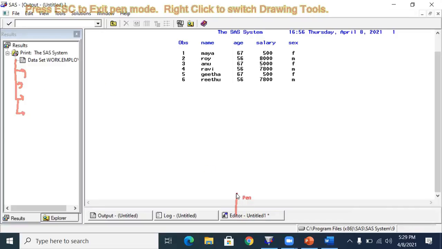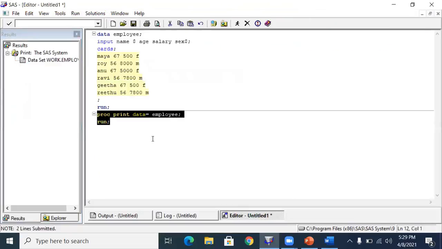Okay. So the editor window is mainly for typing, editing, and submitting your program. You can type anything here, you can edit anything, and you can even submit your program here. Even you can save the program also. If you want to save the program, there is a save button here. Can you see? It will ask you where to save. I will show you that clearly.